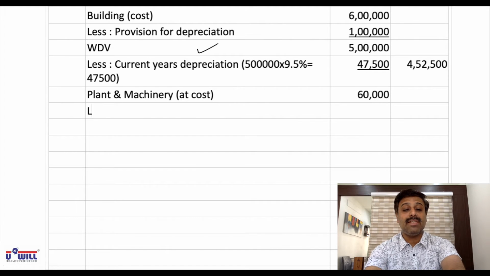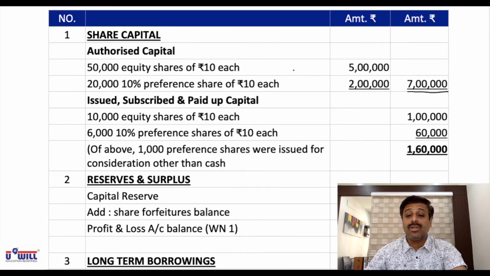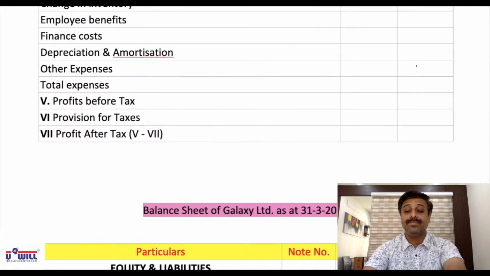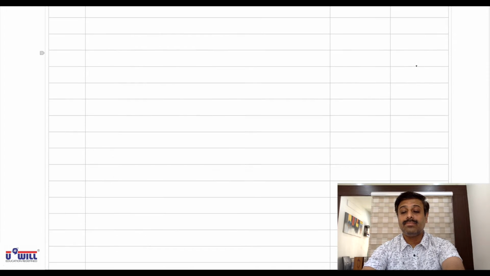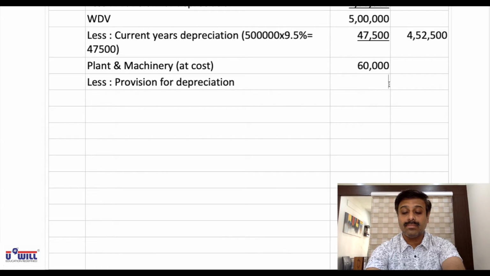Then from that we will subtract provision for depreciation that is given in the trial balance on the credit side, 20,000. So WDV will be equal to 40,000. From that we will minus current year's depreciation,